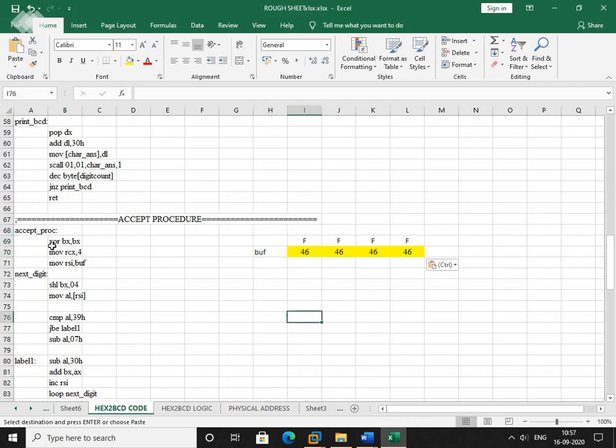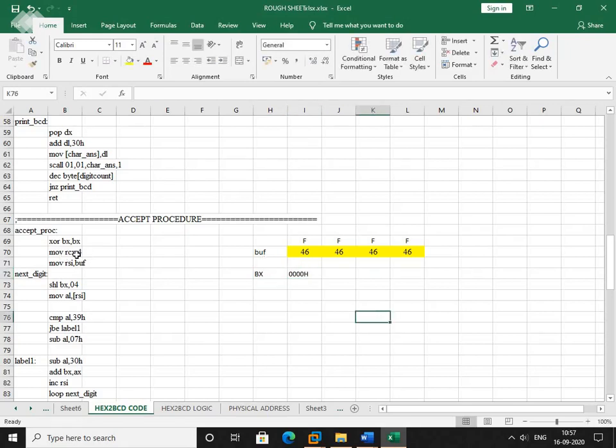Right, then next, XOR BX comma BX. So what is the value? Instead of XOR, you can write mov BX comma 0H. When we XOR the same content, we get 0, so therefore the BX value will be 00H, right?